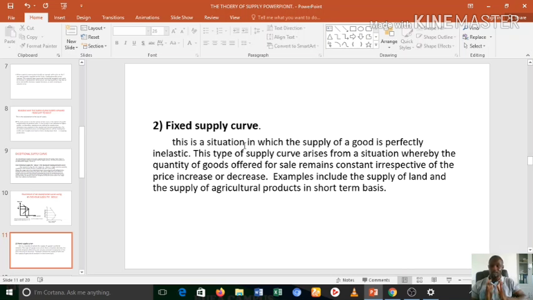Despite, it's a situation we talk about as a fixed supply curve. It's an instance of an exceptional supply, which goes against the law of supply. And this particular category under the fixed supply curve, this second level, now tells us that there is a situation which is a fixed supply. And under a fixed supply, we are told that fixed supply is generally that situation whereby despite the changes in the prices of goods in the market, the supply for that good remains constant.